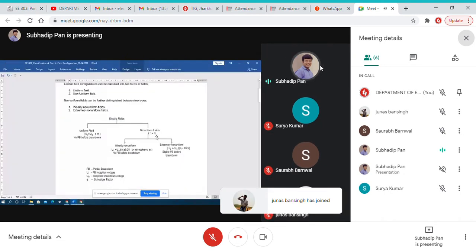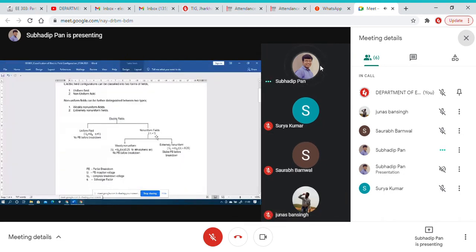So the uniform field must be defined when your mu is equal to 1, and there will be no partial breakdown. Mu is actually the Schwaiger factor. Schwaiger is a scientist who invented this particular electric field concept. So mu is called the Schwaiger factor. When mu is equal to 1, the field is defined as a uniform field, and when mu is less than 1, this type of field is called a non-uniform field.